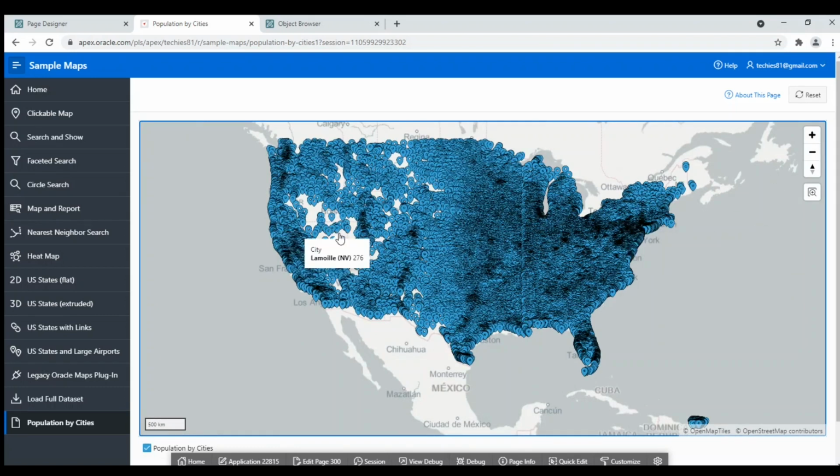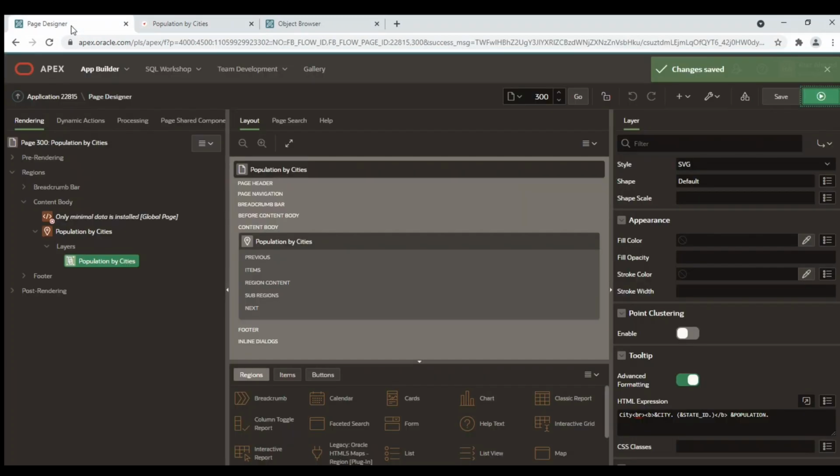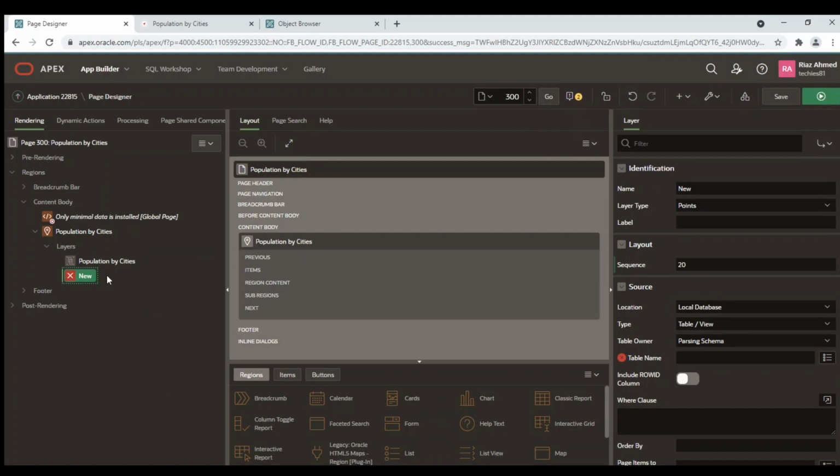Now you can see the city name along with state ID and population. Create another layer. This layer will highlight the cities whose population is more than 1 million.